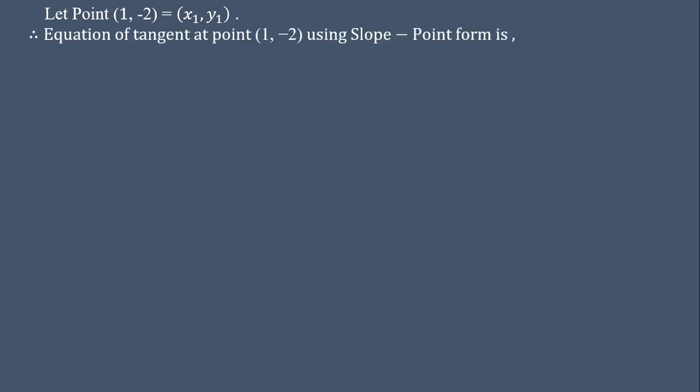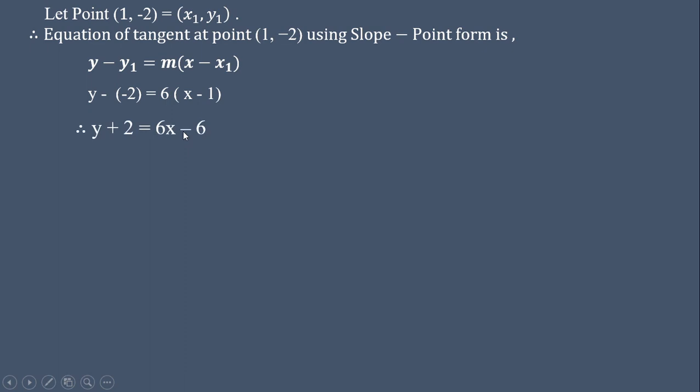Then what is the equation of tangent by using slope point form? First write the slope point form, the formula: y minus y1 equal to m into x minus x1. And substitute the values there. y1 is minus 2, x1 is 1, the point. Slope is 6. Simplify it and write it in standard form. So the standard form is first term should be x, second term y, constant equal to 0. In this form, we generally write an equation of straight line. So 6x minus y minus 6 minus 2, it will be minus 8 equal to 0 is the required equation of tangent.